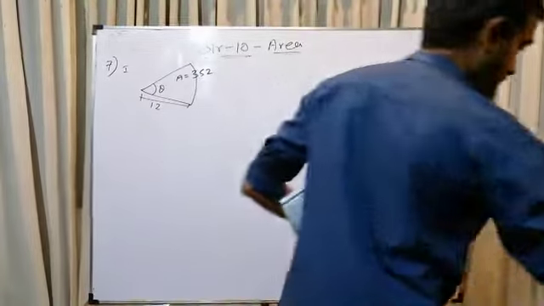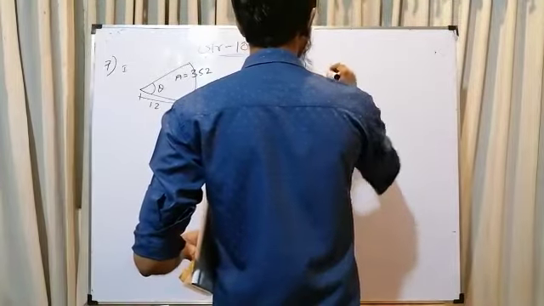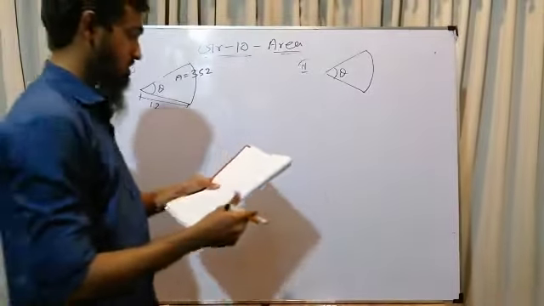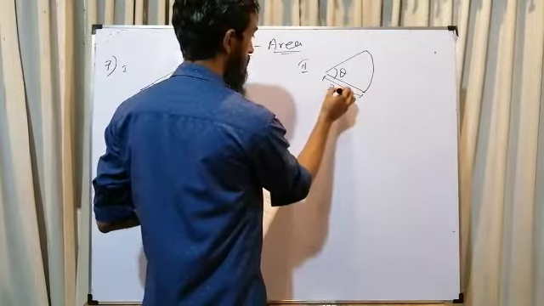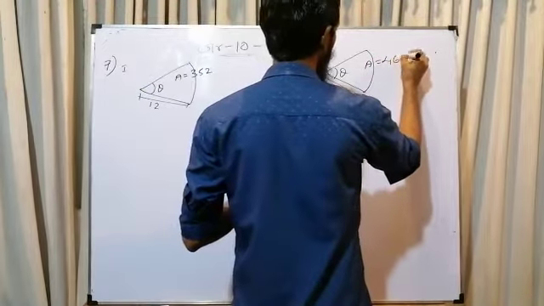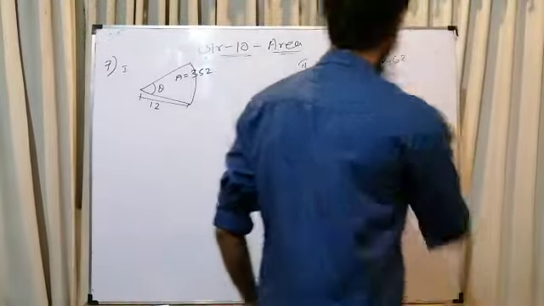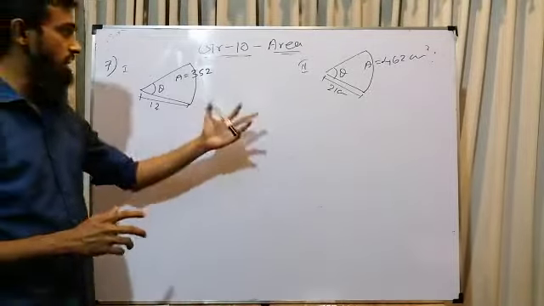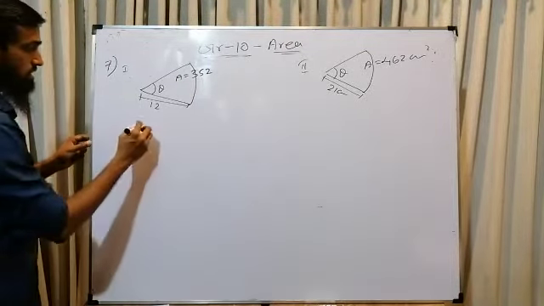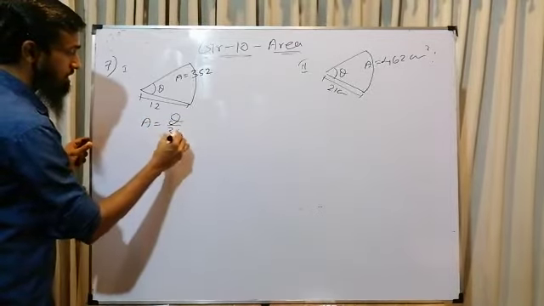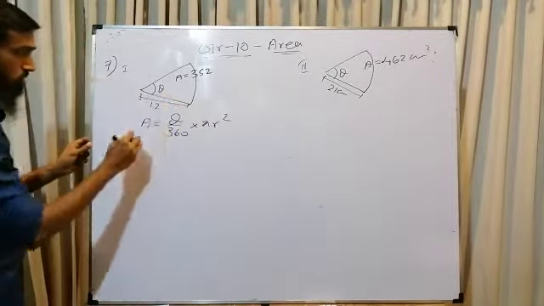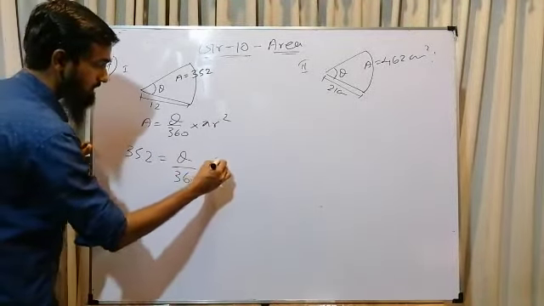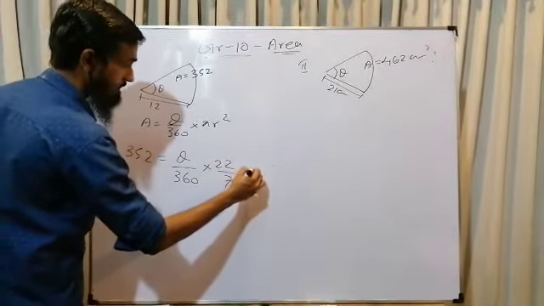Okay, 7 question second part. We have another sector. The angle we need to find. So the radius is 21 centimeter. Area is given as 462 centimeter square. Both are same questions. We need to find with different radius and different angles. So we start. Area equals theta over 360 into pi r squared. So area is 352. Theta we need to find over 360. So the radius is 12 into 12.